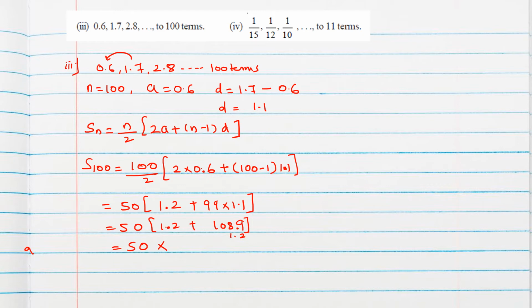So we'll get here, this will give 9 plus 2 is 11. 1 will remain, 8, 9, 10. So 0, 1 carry, so 1, and this is also 1. So 110.1. So we can multiply with 50. 5 ones are 5, 5 zero, 5 5. Now since one digit decimal is there, we'll put the point after one digit. So 0 will go. So the answer will be 5505. This is S100.